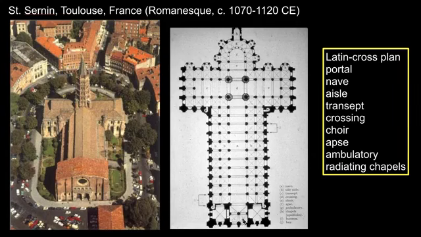Let's practice again the parts of a pilgrimage church. The main entrance is on the west, which was supposed to have 2 towers which were never built. The nave here is much longer and bigger than Sainte Foy, with 2 aisles flanking it, which create a continuous path for the pilgrim to visit the relics in the apse. It has a large transept and crossing tower, which was built in the Gothic period. We have chapels on the transept and radiating chapels in the apse that a pilgrim would access using the ambulatory. The choir and altar would be cordoned off from regular visitors. Doors on the transept arms helped pilgrims easily exit the structure.